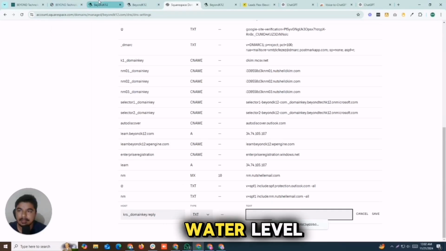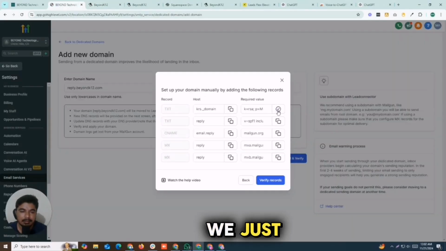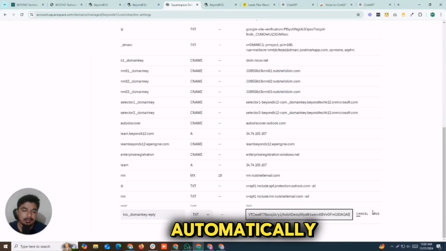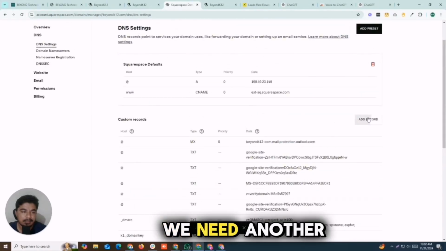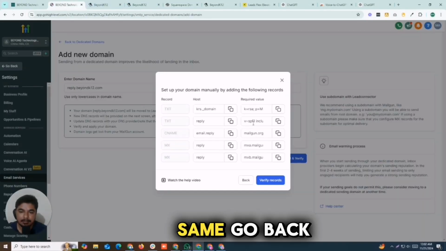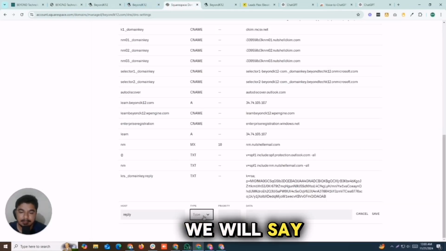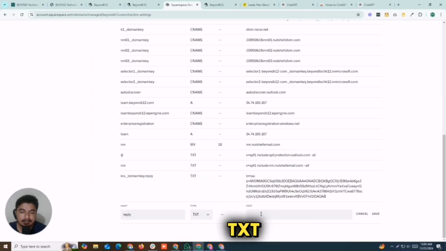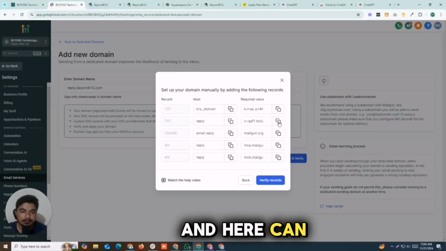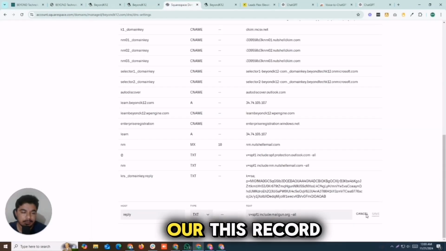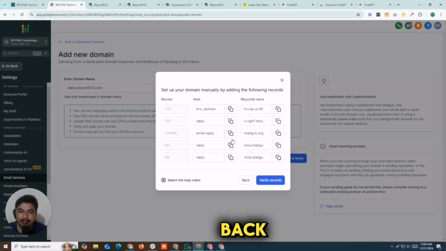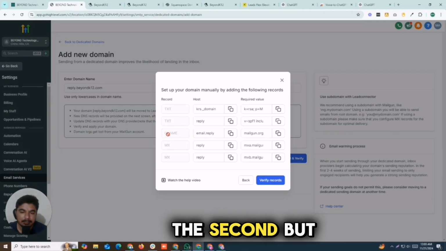the value here. Go back to GoHighLevel again, and here we just click on the copy button. It will be copied automatically. We can say save, and again go back here. We need another record here. Same, go back, simple step. We need a TXT record and say reply, and we need to copy this value as well. So here we will say reply. There was a TXT, and here we can just copy this required value, and after that we need to put this record, and after that we will go back, and you see the third record is our